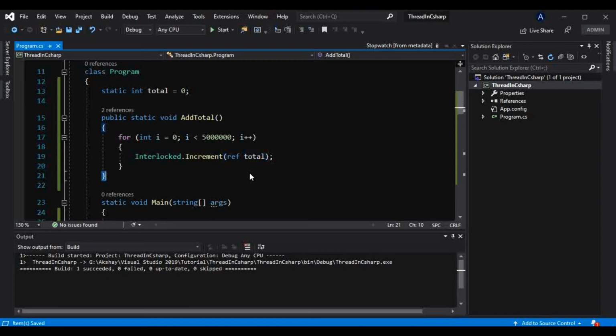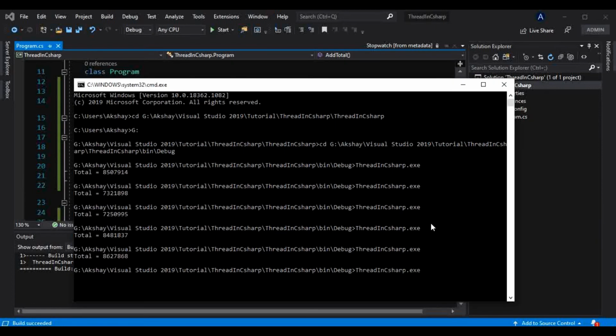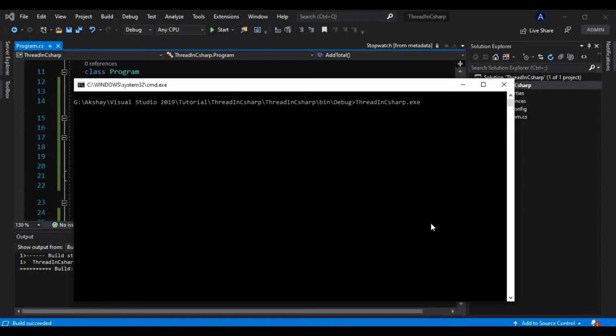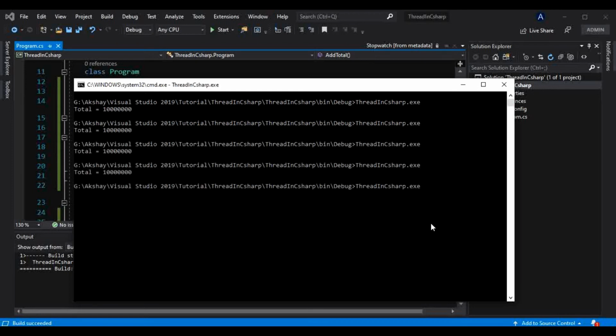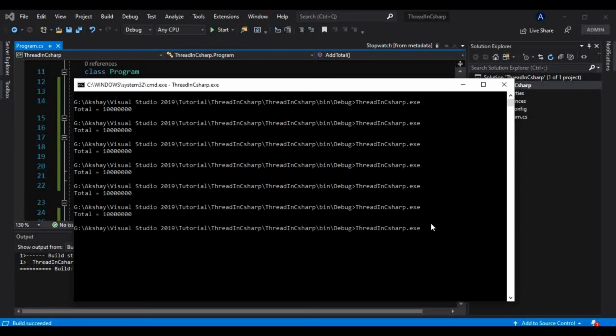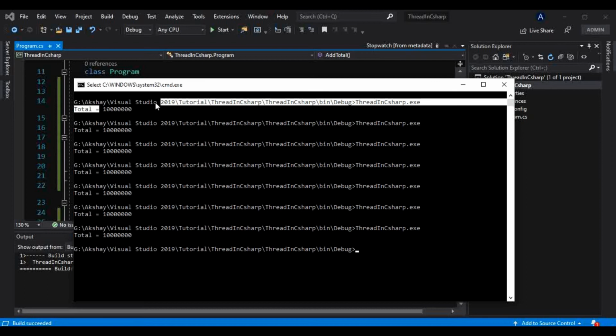And now if I run this, or instead of running that, let me build this project, and again we will run that from this command prompt. And before running that, let me clear this screen, I will type CLS, and now let me run that again, and you will notice that every time you run that, no matter what time you run that, the output is the same.